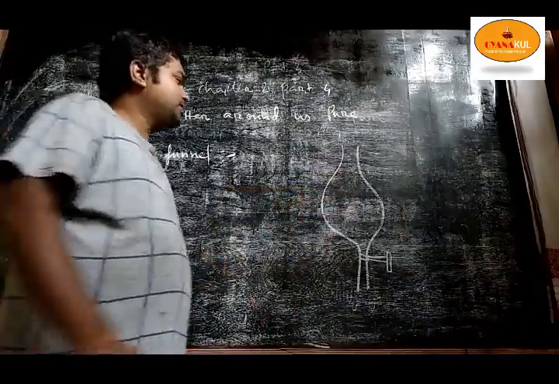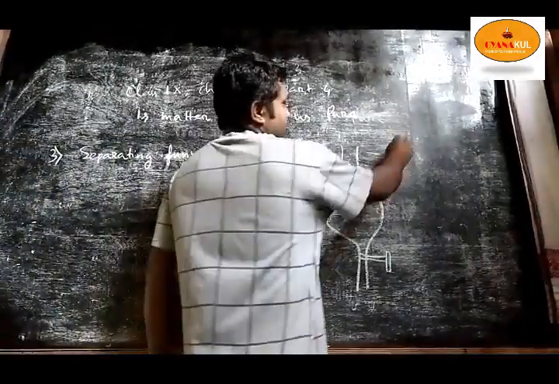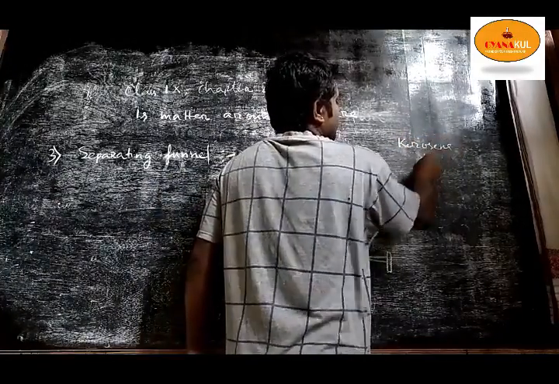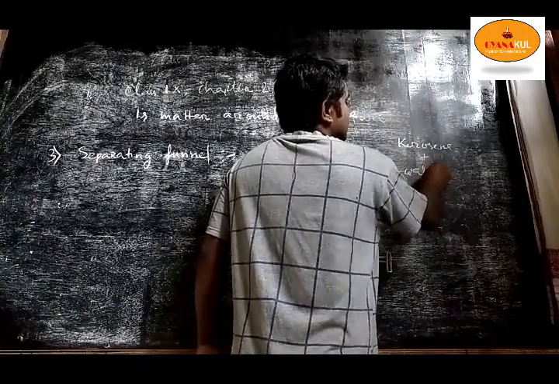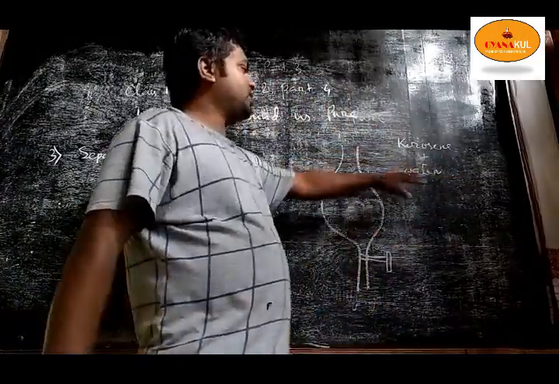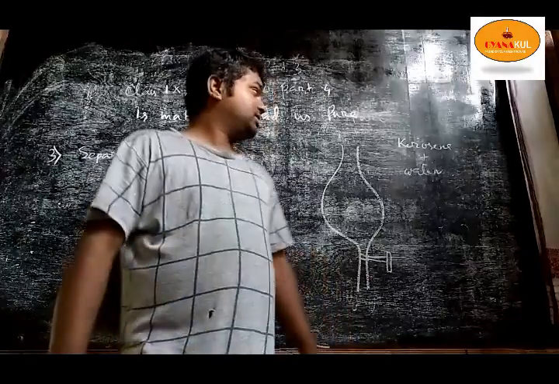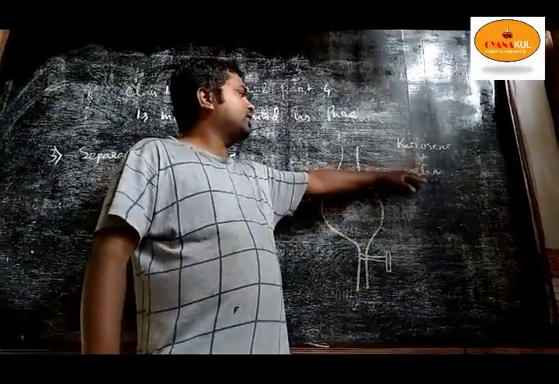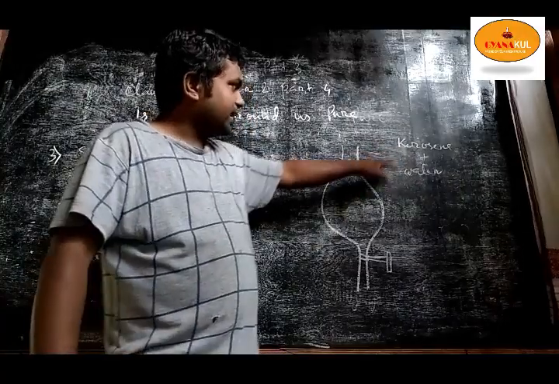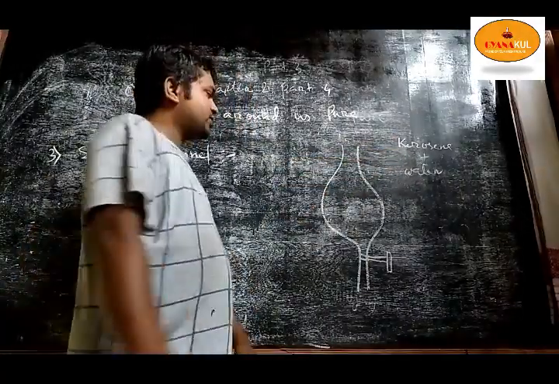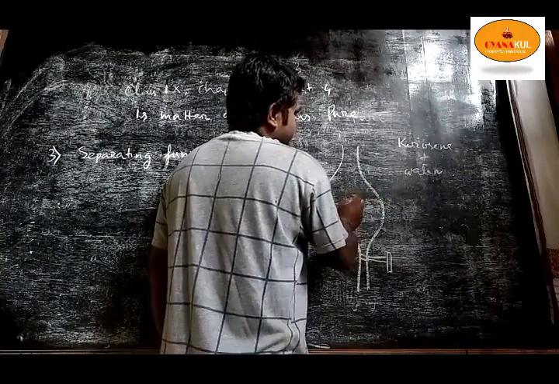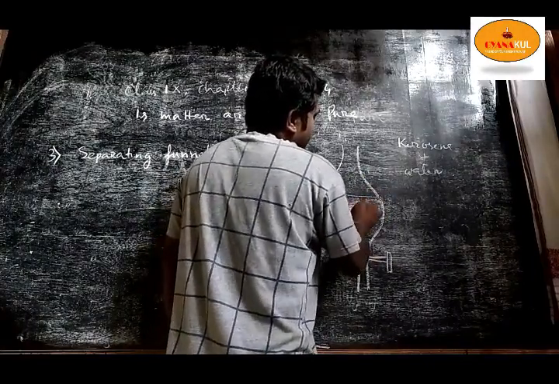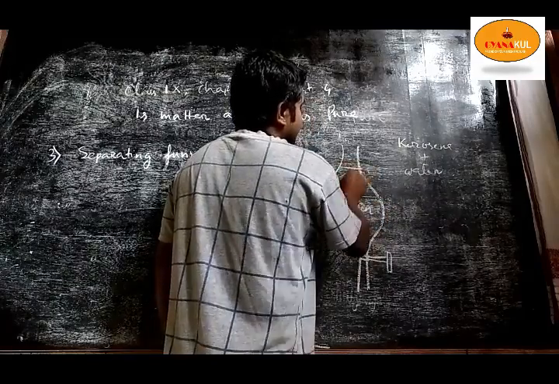Let us take an example, a mixture of kerosene and water. Among kerosene and water, which one is more dense? The water is dense, kerosene is light. That means the water will stay at the bottom and kerosene will stay at the top. Yes or no? So if you put your mixture here, you can see water down and kerosene up.